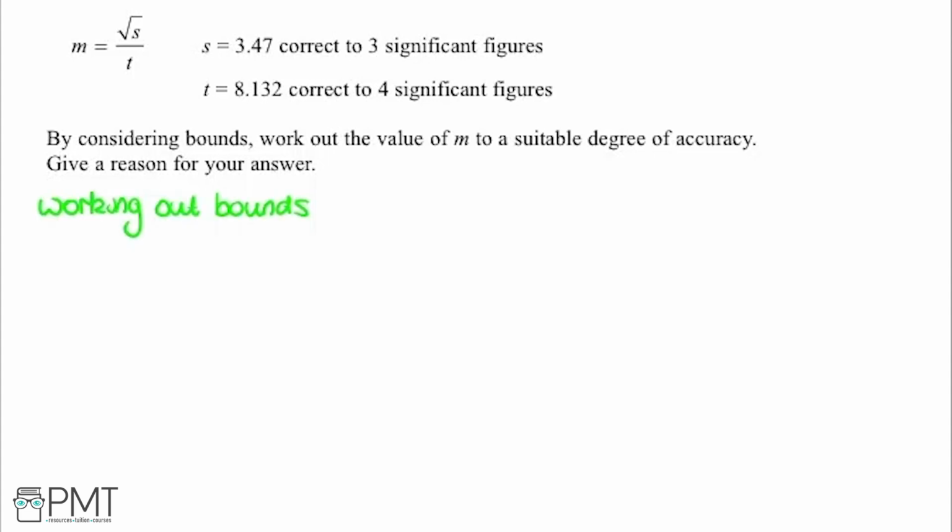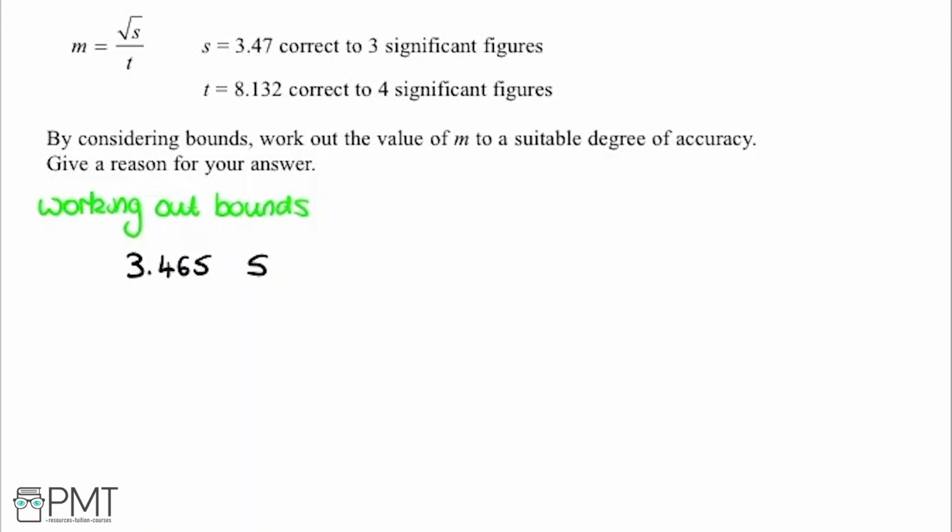Okay, so we're going to start by working out the bounds. I'm going to look at s first. And we're told that to 3 significant figures, s is 3.47. So we need to think about what the actual value of s could have been originally, so that when it was rounded to 3 significant figures, we got this. And we think about the lower bound it could be, and the upper bound. So the lower bound for that would be